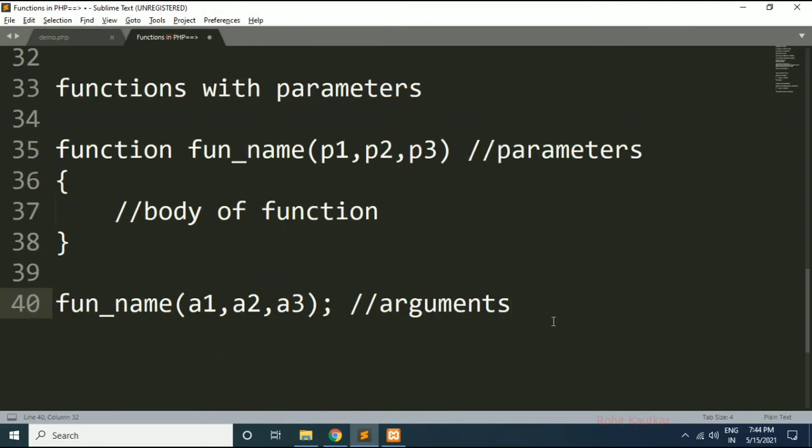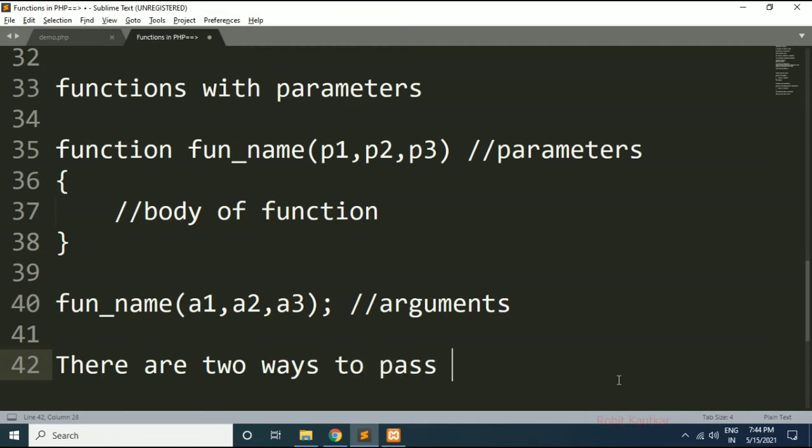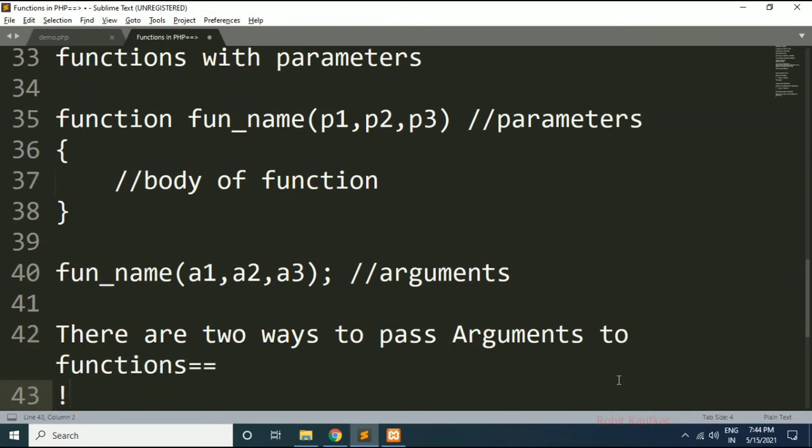Now next important topic we want to understand here. There are two ways to pass arguments to a function. Now already we know what two ways we have.